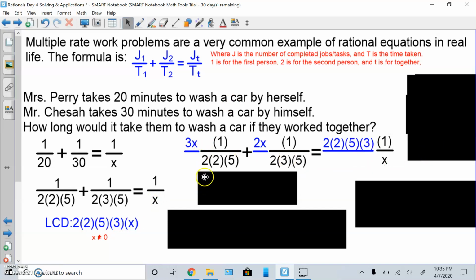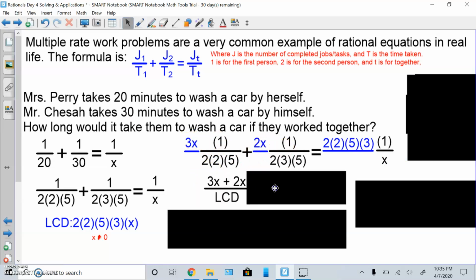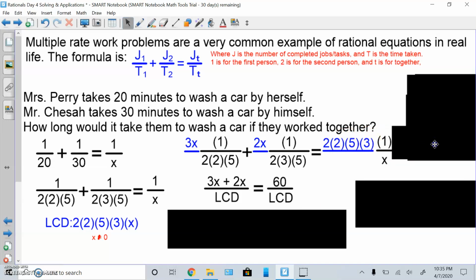Then we'd be lazy and call the bottom LCD and multiply the top. 3x times 1 is 3x. Then plus 2x times 1 is 2x over LCD. On the right side, 2 times 2 is 4, times 5 is 20, 20 times 3 is 60, times 1 is 60. So 60 over LCD. Then we're going to get rid of the fractions by multiplying both sides by the denominator,